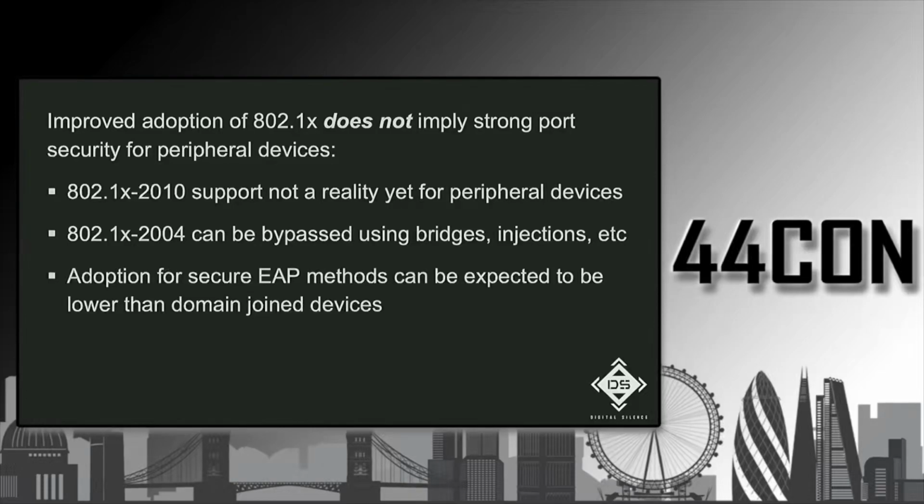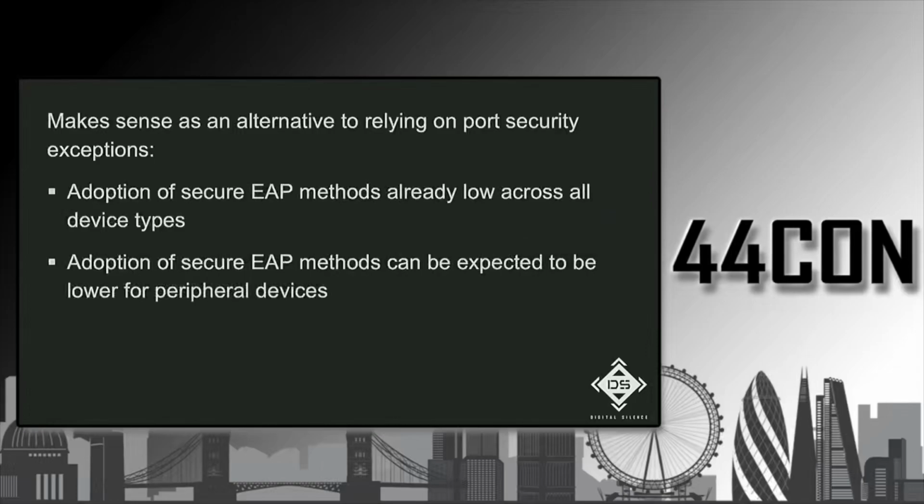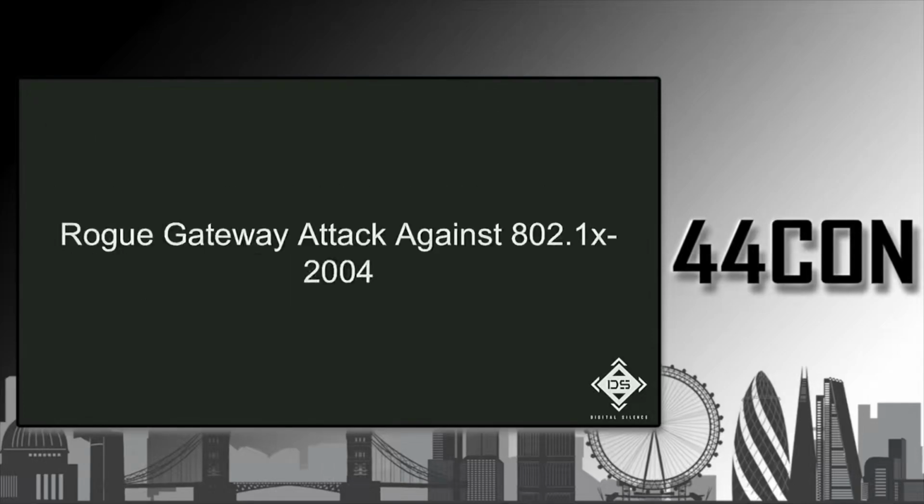But suppose you don't want to do that. Well, the other interesting thing is that, if you think about it, you can expect adoption of secure EAP methods to be significantly lower on peripheral devices than for centrally manageable devices such as domain joined devices. And the reason for that is that adoption of secure EAP methods is already pretty low across the board, and can be expected to be even lower for peripheral devices than for devices you can manage from a centralized location. So what this means is that you do have the option of using the rogue gateway attack